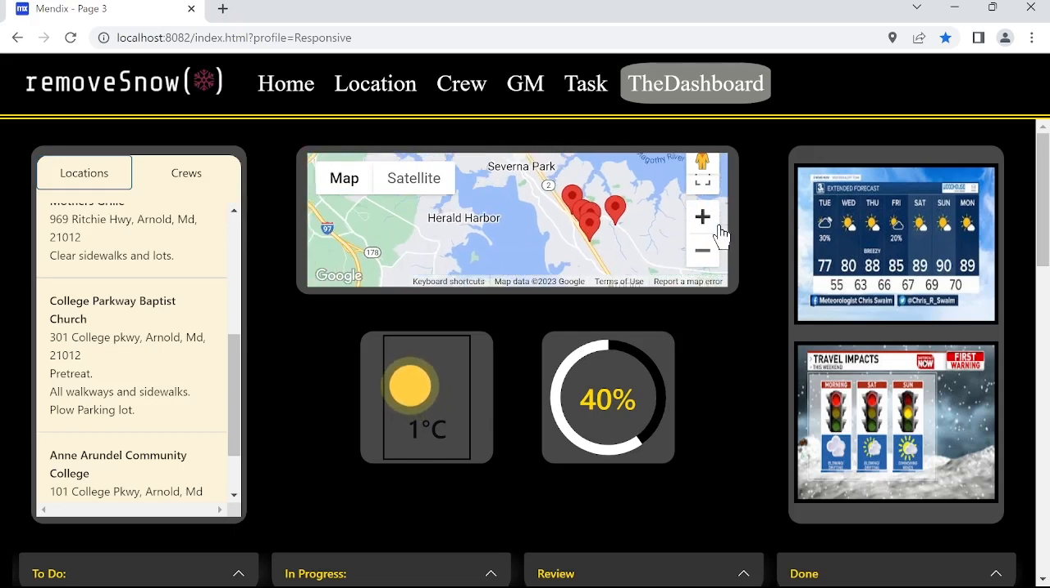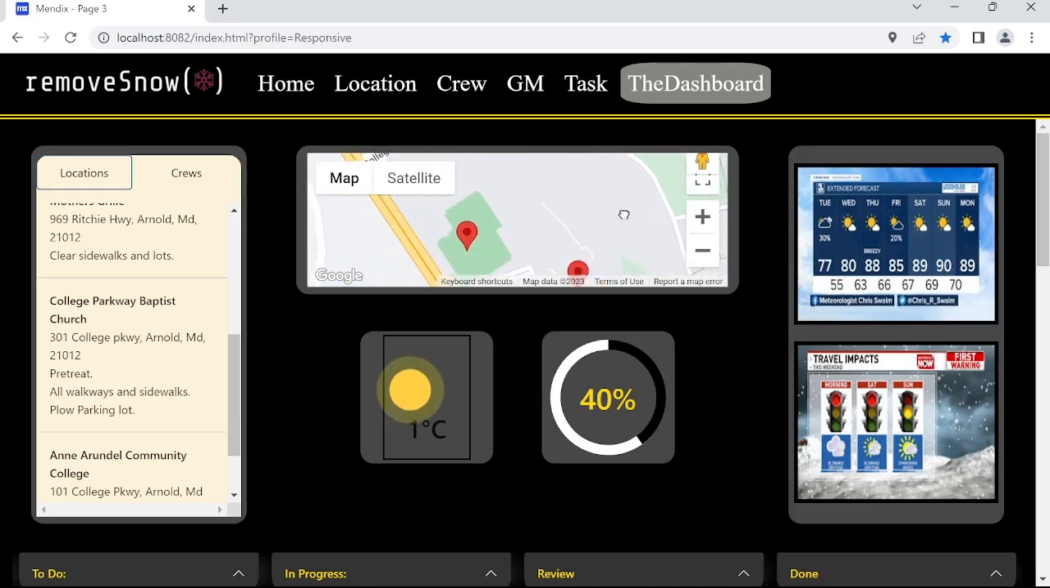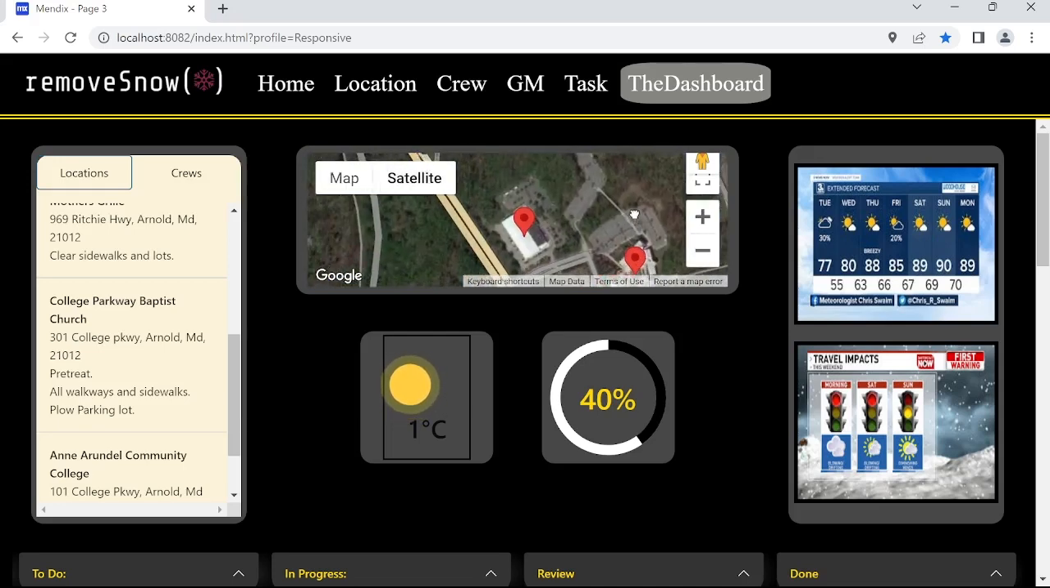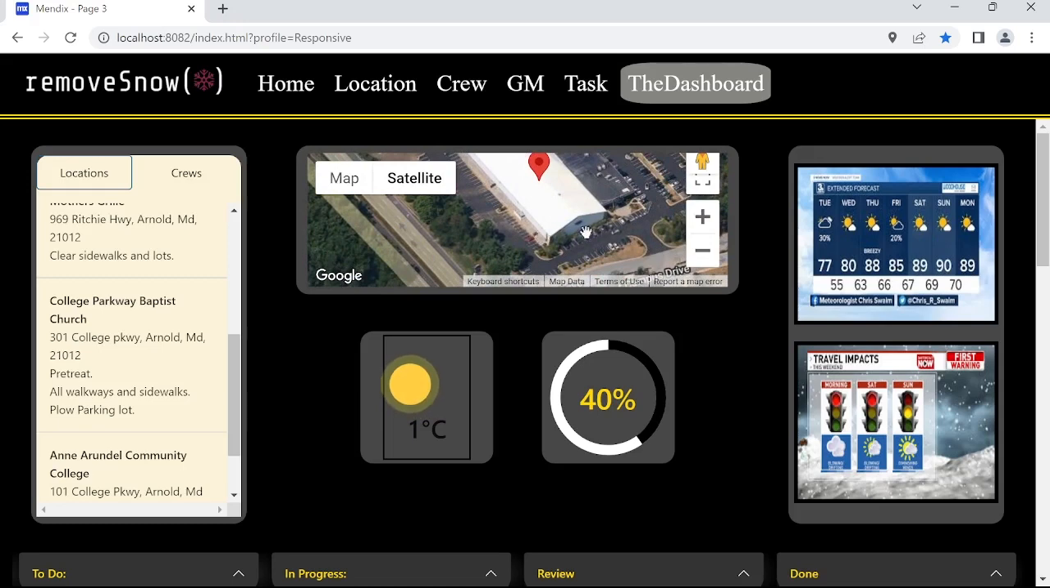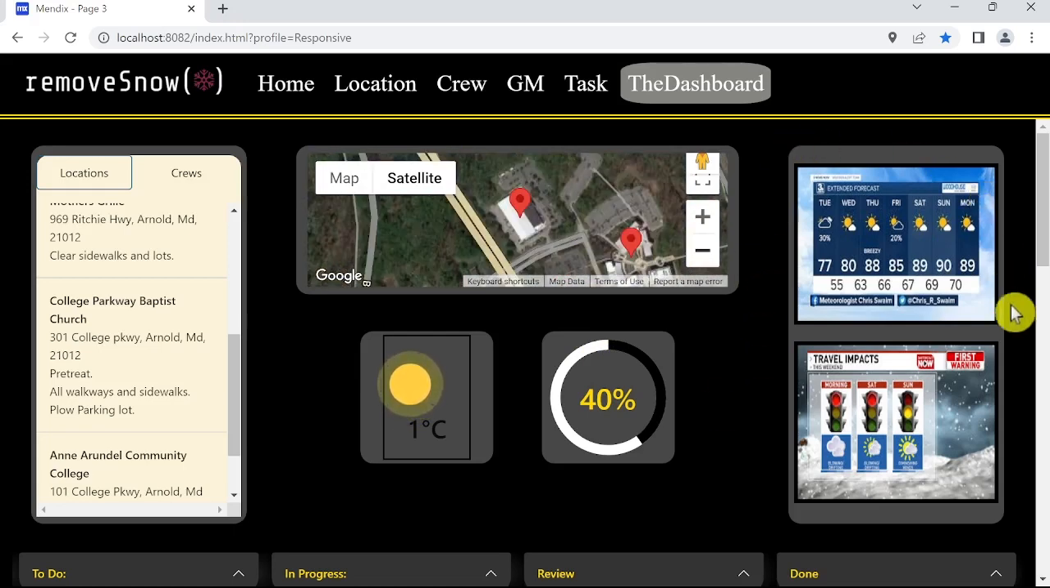If we wanted to, we could zoom into a property that we are assigned to and switch to the satellite view to make sure that we don't run into any surprises. We can see which islands we need to avoid. On the right hand side, right now these are just 2 static images. I hope to soon add a weather API, maybe a traffic cam that shows the road conditions. It would also be nice to be able to see the road temperatures, because it's one thing to know that the air is cold enough to snow, but you could save money by knowing when the snow is going to